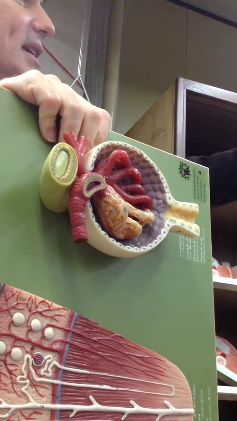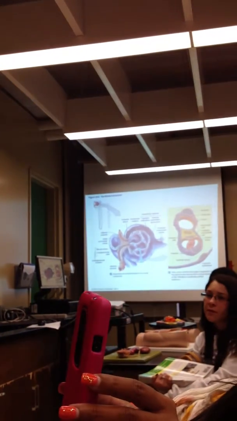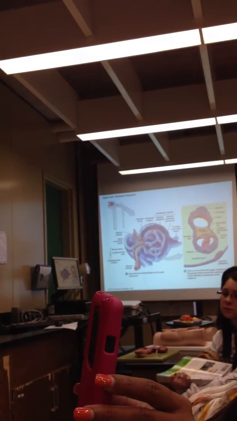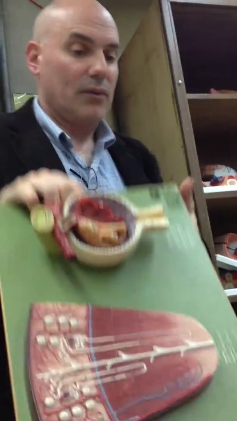Now, you see in the picture, it's hard to see here, but you see in the picture that the edges of the cells are kind of like finger-like projections, and you can see the red through it, right? So those are the